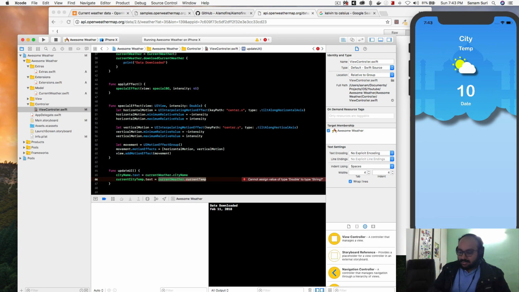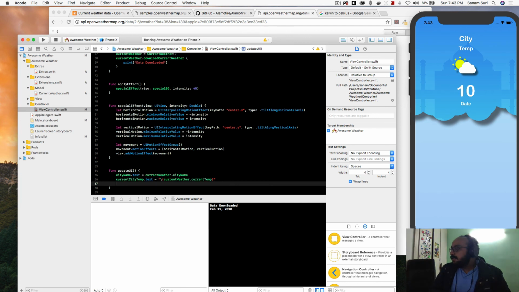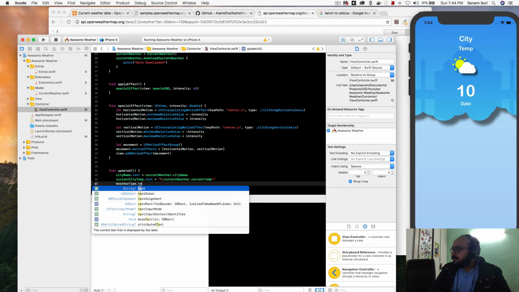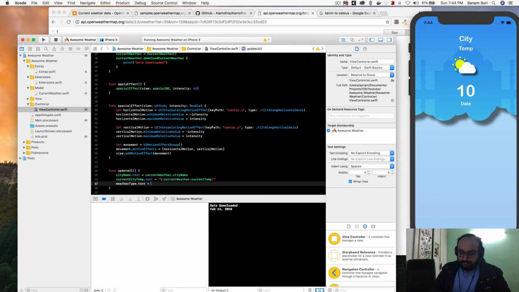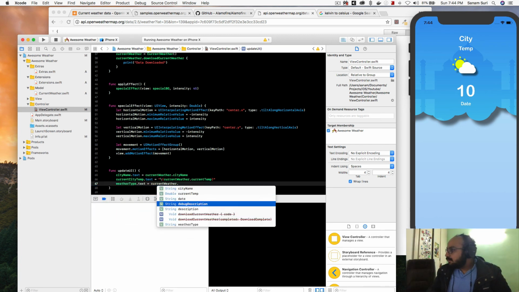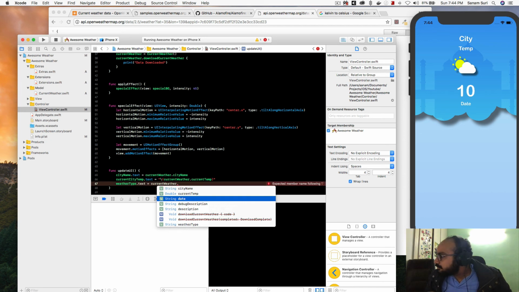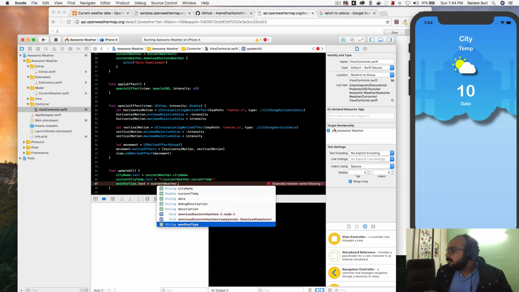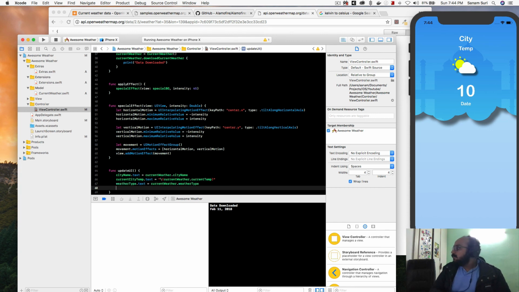because of this. Now it should work. And then we also have temperature is done. Oh, weather type dot text is equal to current weather dot weather type,